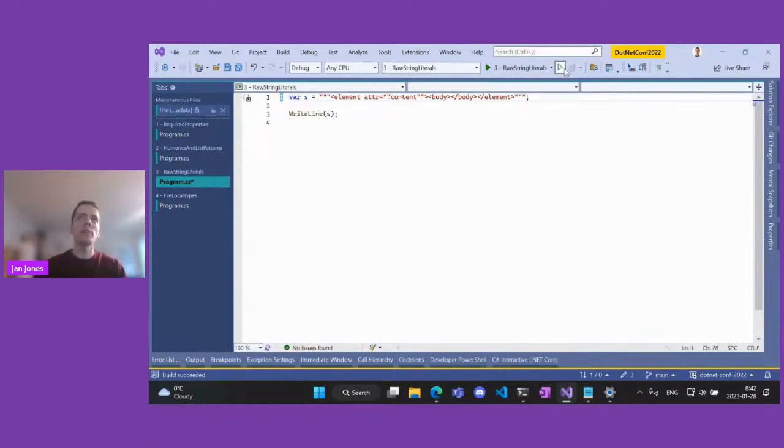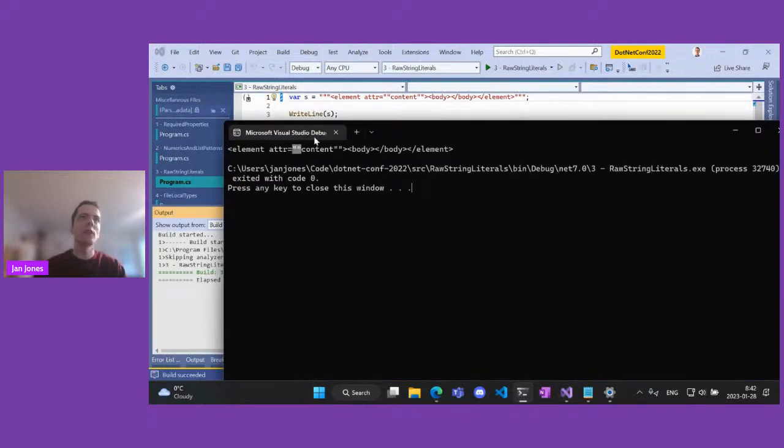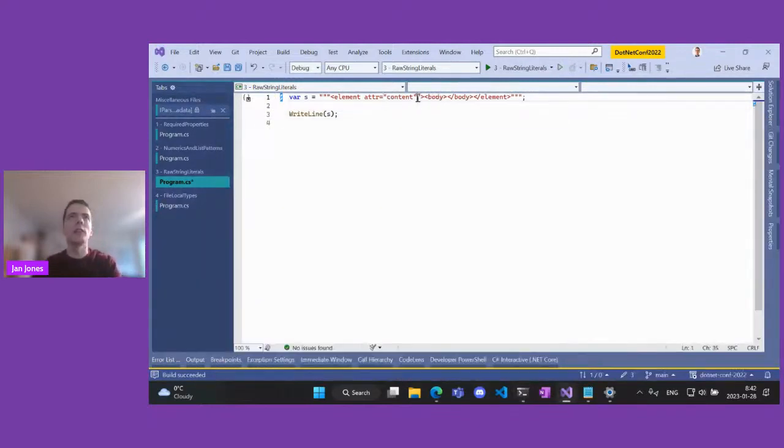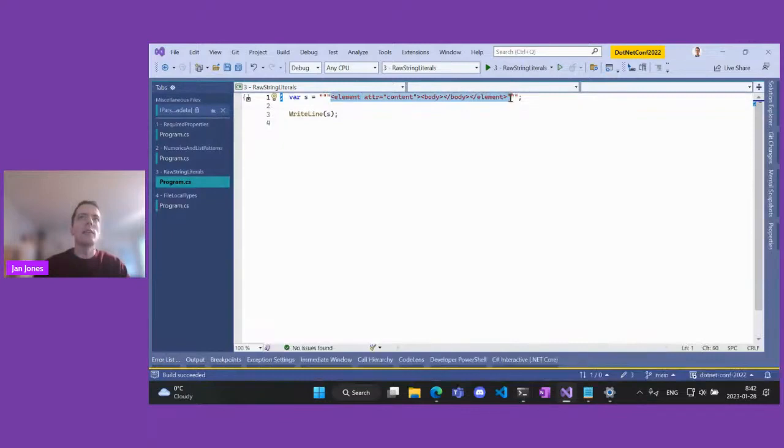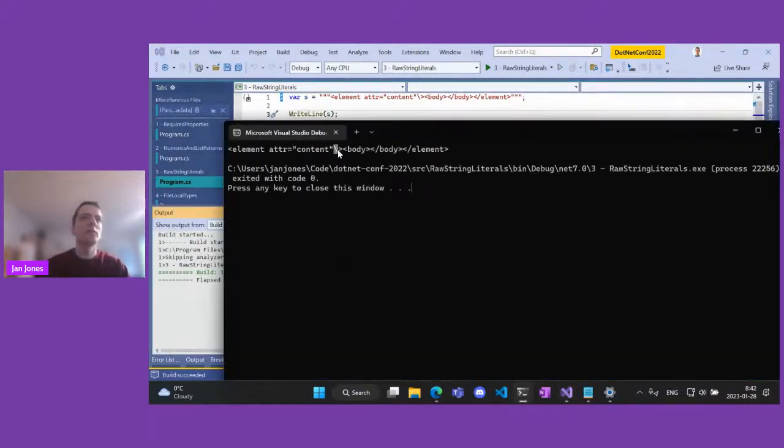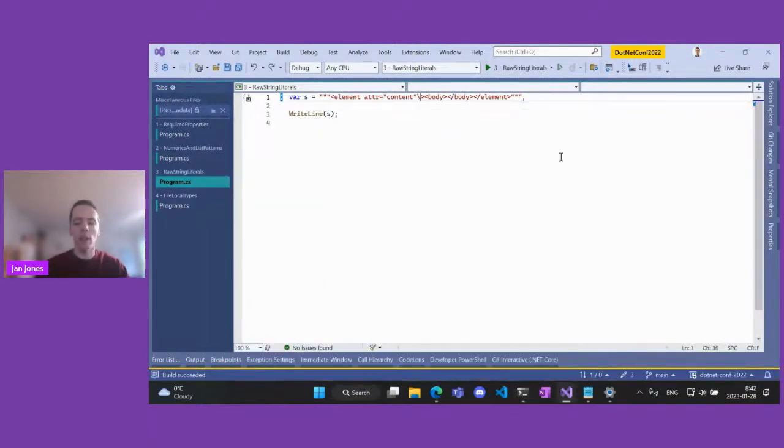Now you don't have to escape anything. So if I have 2 quotes here, they are actually written exactly as I wrote them, so I can write exactly what I want and it will be visible in the output. I can even write backslashes and anything.